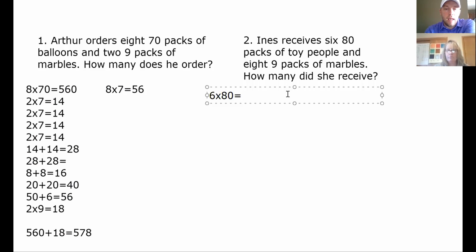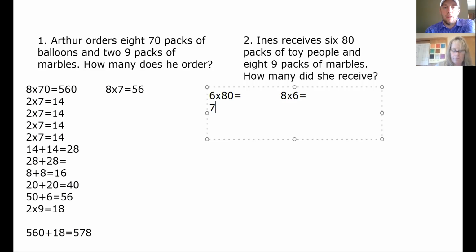All right, so when I take 8 times 6, I know from the previous question, we did 8 times 7. And I think I'm going to use that to help me here. So the previous question, doing 8 times 7, we got 56. But in this case, we're going to take away 1 eight from this. So I'm going to take 56 and I'm going to take away 8 from this, because I knew that 8 times 7 was 56. So 56 minus 8,